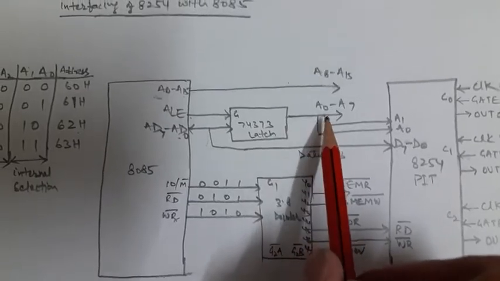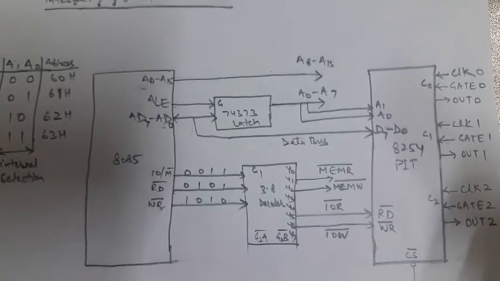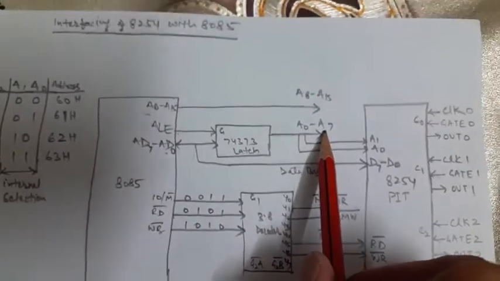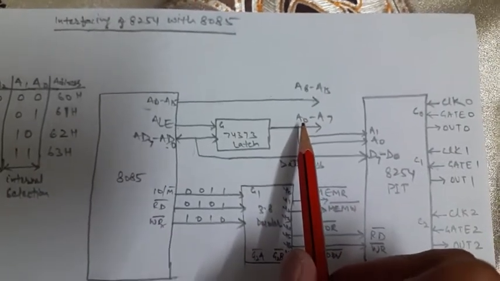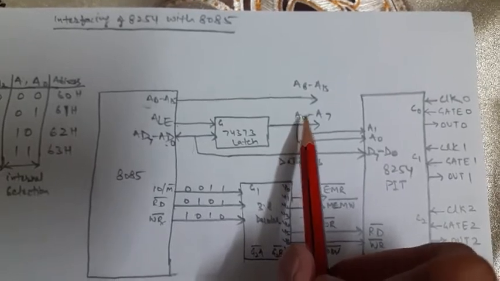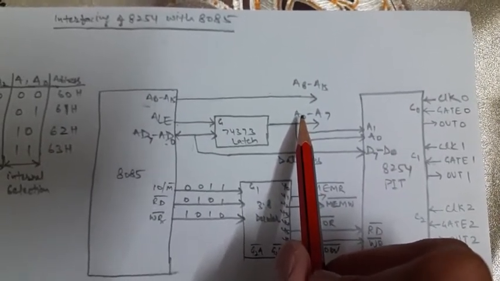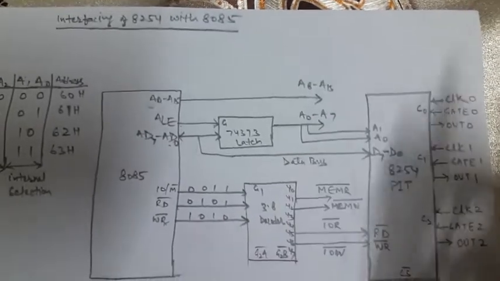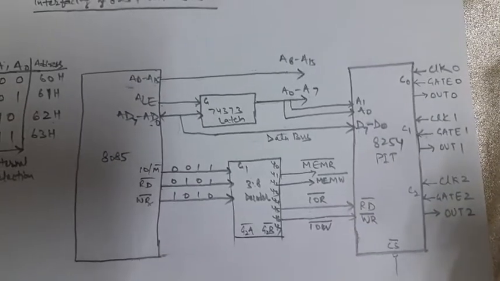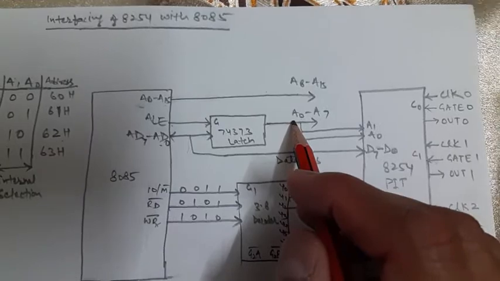Although we are having an IO chip over here, the IO chip has an 8-bit address, so we require A0 to A7 pins only. But I told you in the timing diagram lectures that for IO chips the address will be duplicated. If we are talking about a memory chip, then the address is split into higher order address and lower order address, but in IO chips the address is of 8-bit only, so that address will be duplicated on both the higher order and lower order address bus.